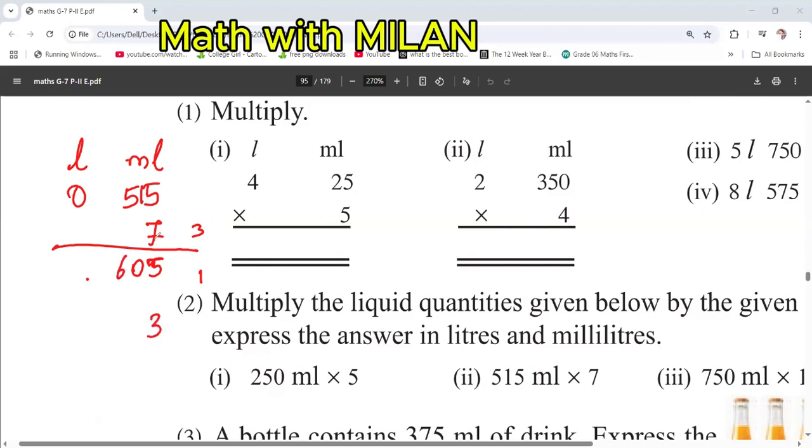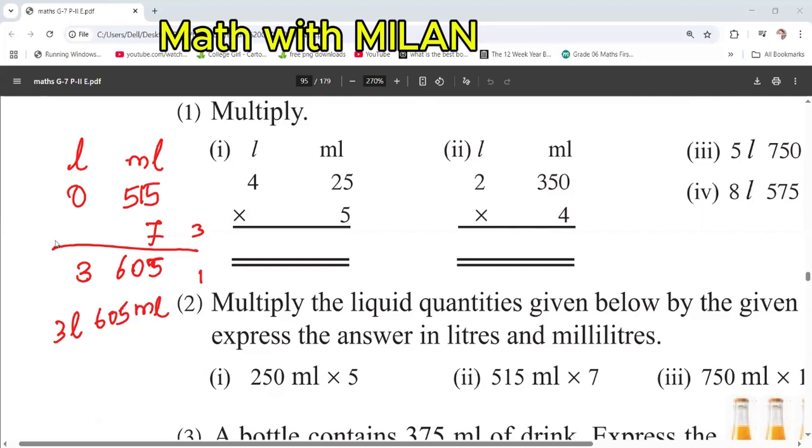So 3 carries. 7 into 0 is 0. 0 plus 3 is 3. So you get 3 liters, 605 milliliters, right? Okay, so I hope you understand this. I just wanted to revise how to multiply